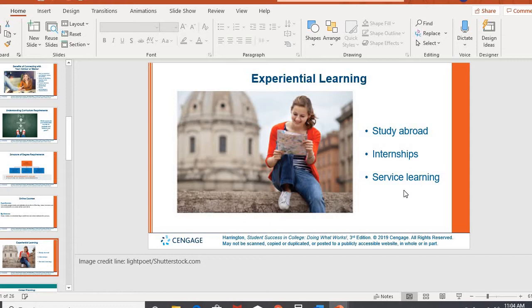They took them to a local elementary school, and they read to the kids, and they talked to them, and they kind of taught a lesson, and then at the end they donated the books to the classroom. So that's an example of a service learning project. They took what they were learning in the classroom and then did something to benefit the community.